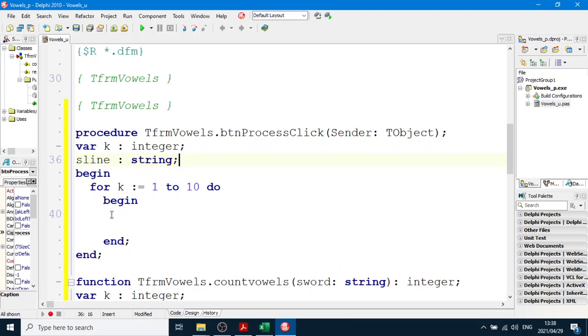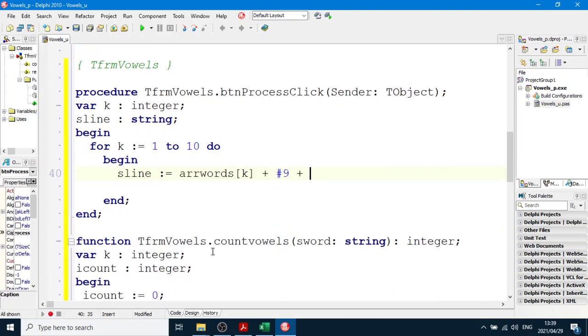So that's the tricky part. We say S line equals ARR words box number k plus, let's use a #9 plus, now we are going to count the words, count the vowels. So we call the count vowels function,